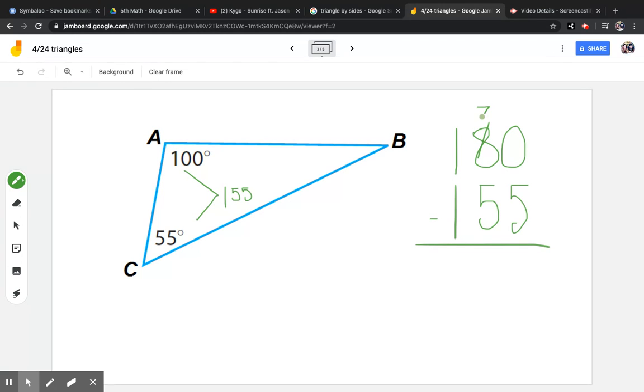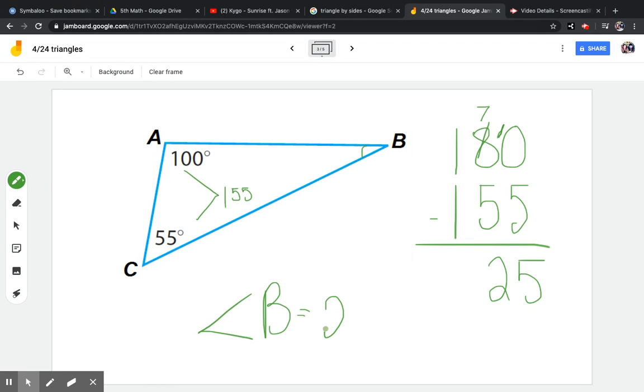Okay, once that 8 turns into a 7, I need to take a 10 and make that 0 turn into 10. 10 minus 5 is 5. 7 minus 5 is 2. 1 minus 1 is 0. So they're saying that angle B, or if I wanted to write this as angle B, equals